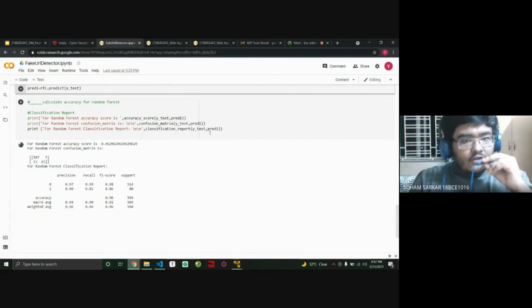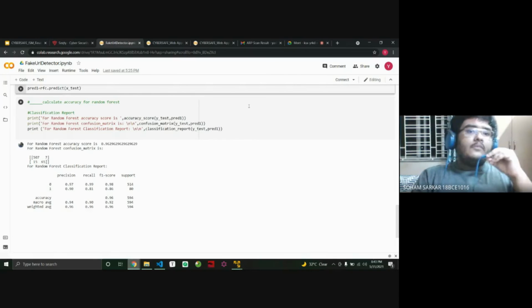Now the problem with this data set was that it considered so much information that a normal user wouldn't have. So we thought that we need an easier data set, one that works only on string comparisons. But for classifying a URL as malicious or non-malicious just on the basis of string comparisons, we needed a huge data set, and for a huge data set we needed a neural network. Our normal machine learning algorithms won't work in that case, or otherwise it would take a lot of time to train. So we found that the best was a long short-term memory neural network like an LSTM, and we implemented a bidirectional LSTM for this purpose.